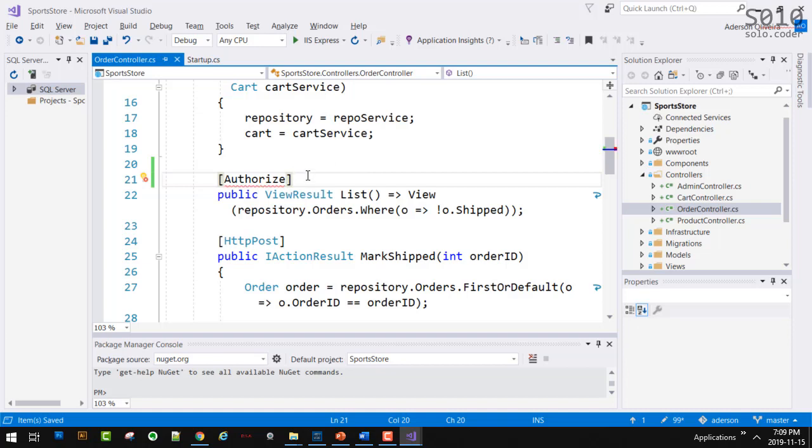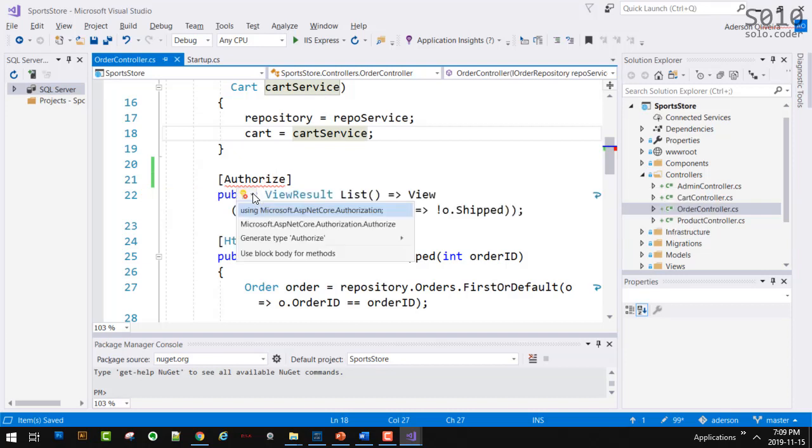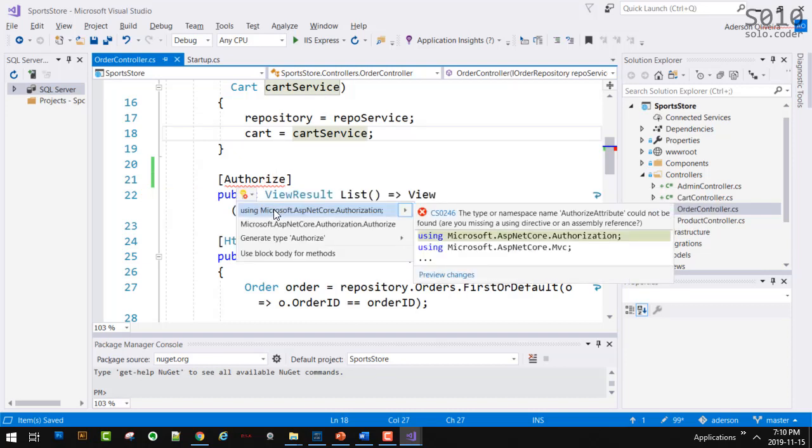So when we annotate authorize, what happens is that this action becomes secured. Now it's giving me an error there. That's fine. It's because I did not add the namespace. So I have to add Microsoft.AspNetCore.Authorization.